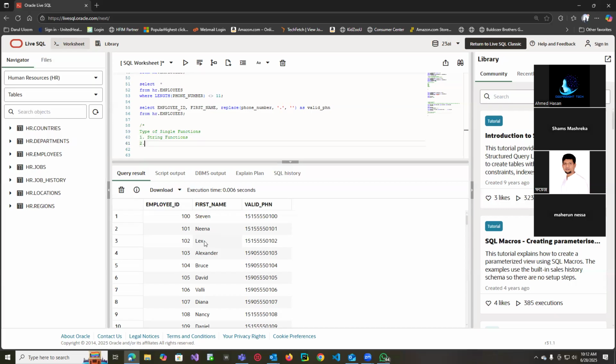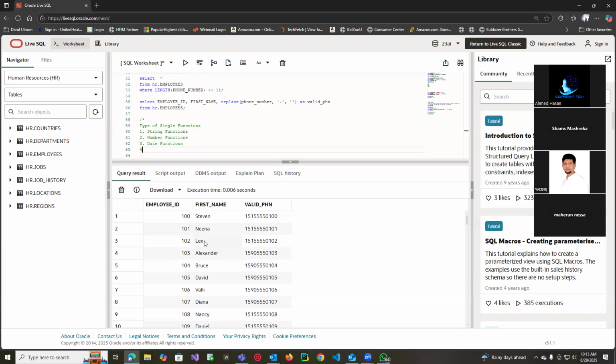For interview, you need to know many common functions they might ask. So there are different types of functions. Type of function. First one is string function. Second one is number function. Third one is date function. Fourth is